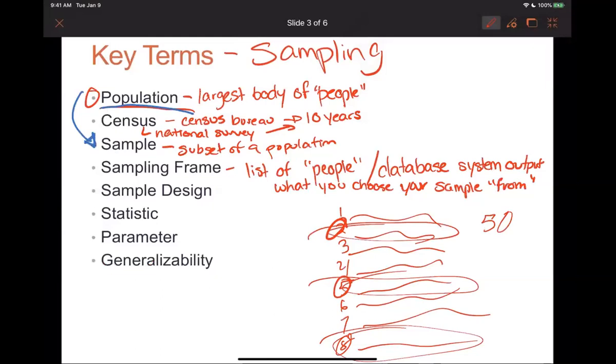Sampling frames don't always exist. Sometimes they're more theoretical. There is hypothetically a list of every registered voter in America, but it's probably not one list; it's probably a whole bunch of lists across different counties all across America. So even though it's technically possible to put that together, it'd be practically impossible to have one single list for that. So when we do opinion polling and try to collect data on voters' likely votes, things